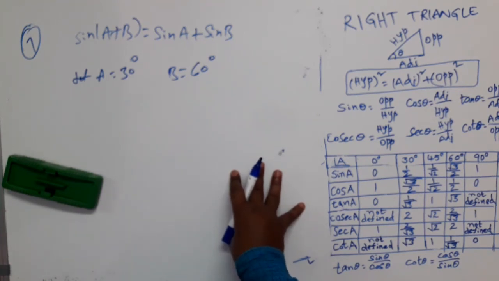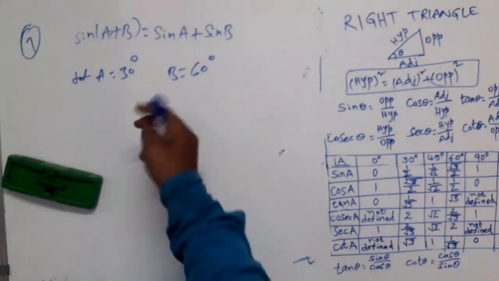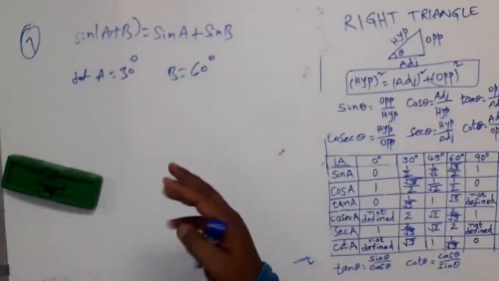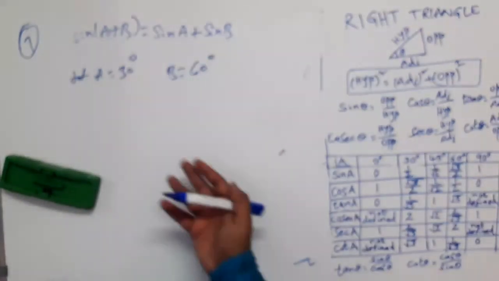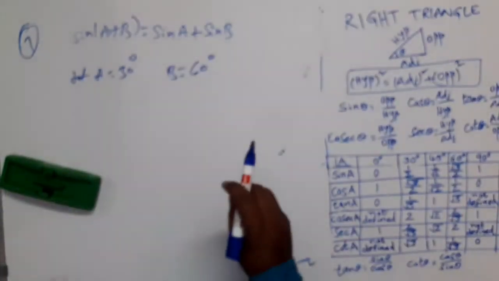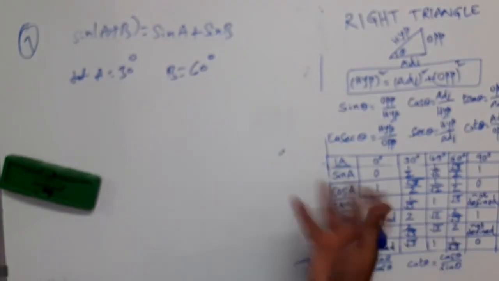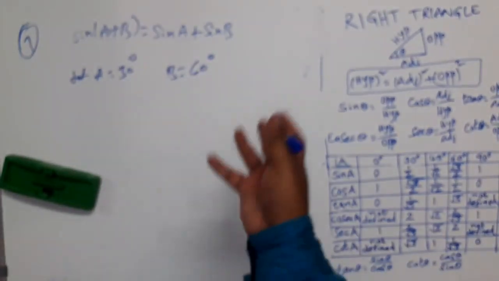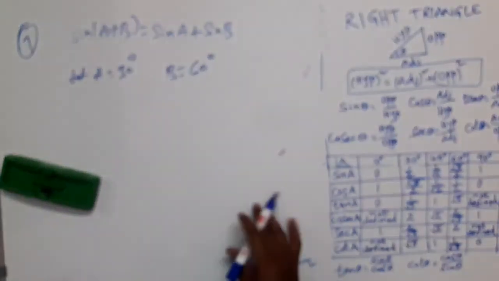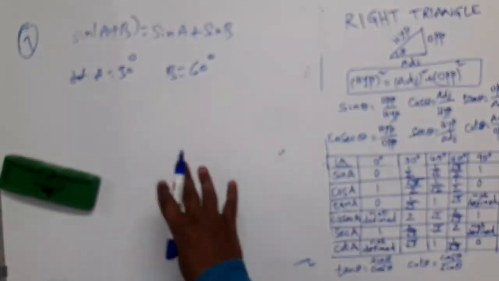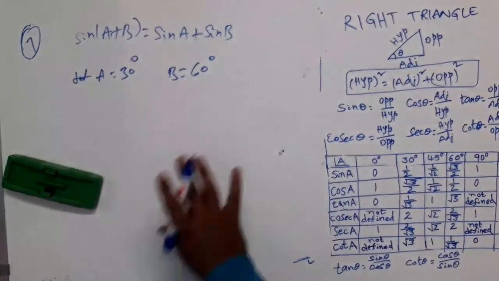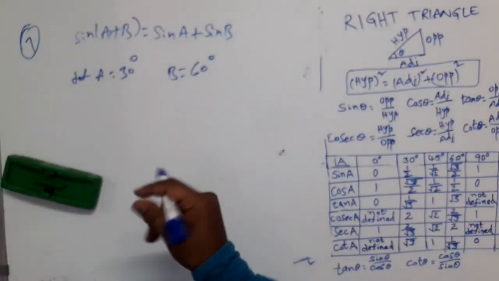Yes, I will say 1 degree, 2 degrees. Can I check for 1 degree and 2 degrees? Sine of 1 degree plus 2 degrees, that is sine 3 degrees, is equal to sine of 1 degree plus sine 2 degrees. How can I check? I don't know the value of sine 1 degree. I don't know the value of sine 2 degrees. So it is impossible to decide by this method if this is true. But if this is false, that is easy. If we can prove that this is false in one case, we can say that this is false for all cases. In general, this does not hold good, I can say.